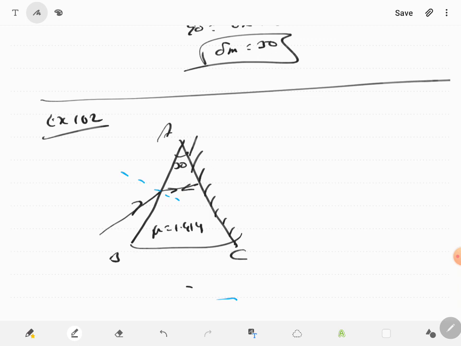At what angle must the ray of light fall on the unsilvered surface? This angle I is the question. So that after refraction, it undergoes reflection at the silvered surface and retraces its path, for which this has to be falling normally. Which means you know that R2 is equal to 90. You know this is 90. R2 is equal to 90 and R1 plus R2 is equal to 30.